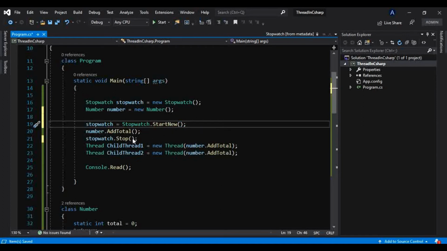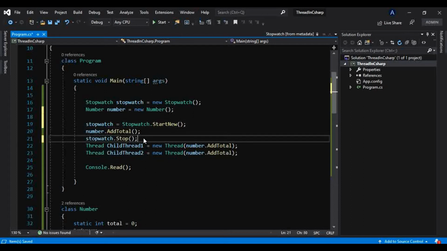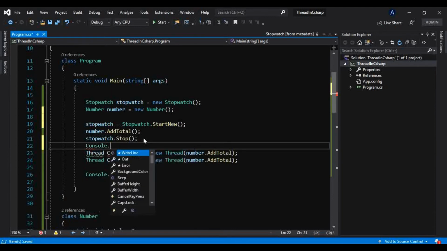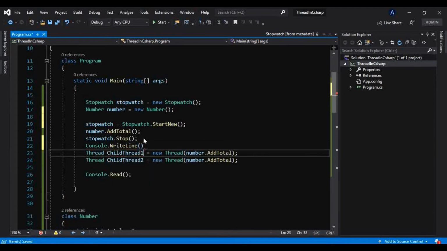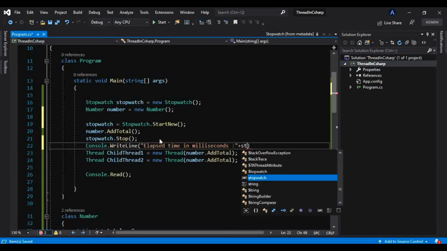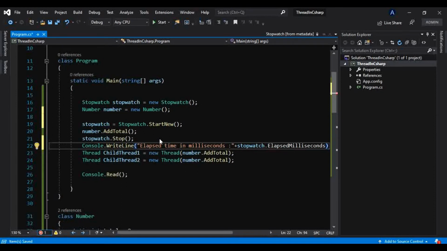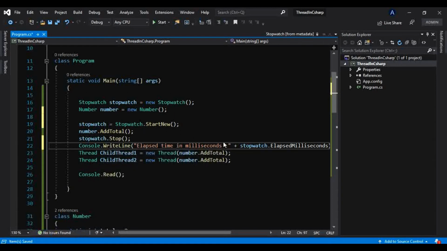And we will print that message, Console.WriteLine, elapsed time in milliseconds, and in that we will print stopwatch elapsed time in milliseconds.